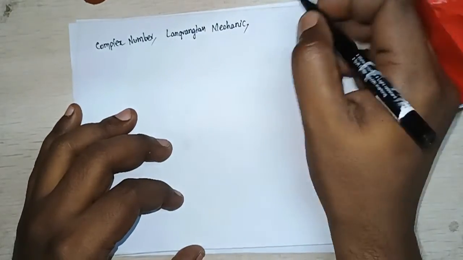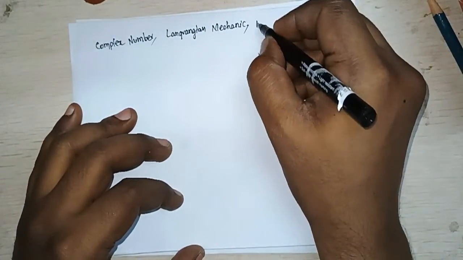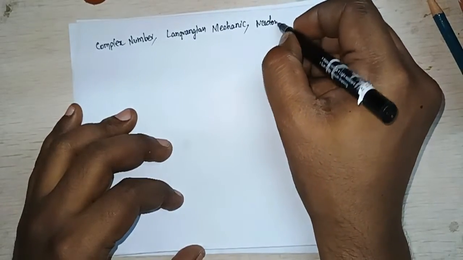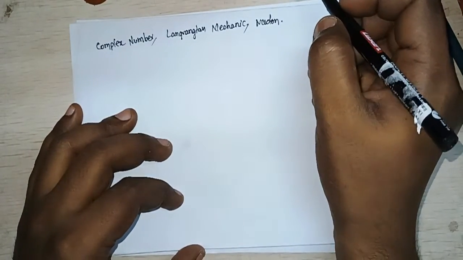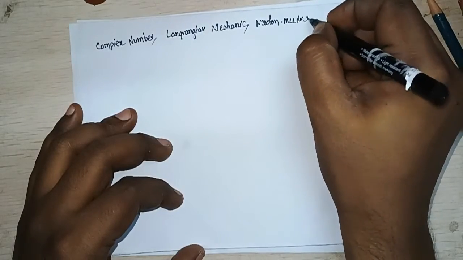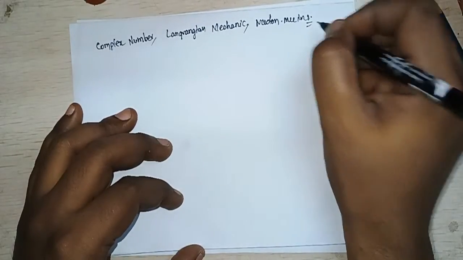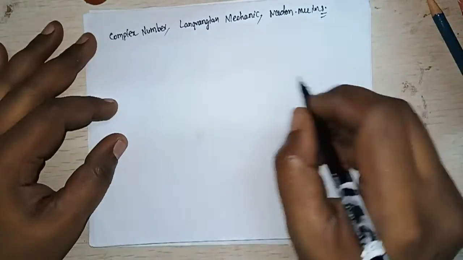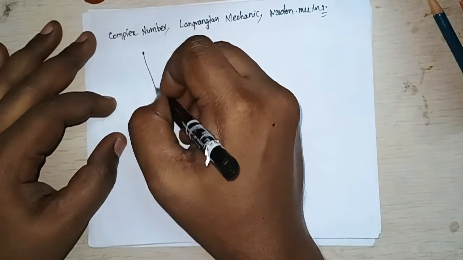In Lagrangian mechanics, you might have heard of Newtonian mechanics. But the problem with Newtonian mechanics is that it involves a great many constraints. For example, if you take a simple pendulum problem like this,